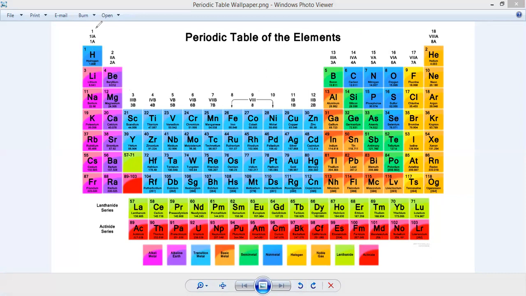So all the cations in this group, this is called group 1. From here to here. You are able to see? Yes, sir. So all of these compounds will have a valency of +1. For example, lithium.